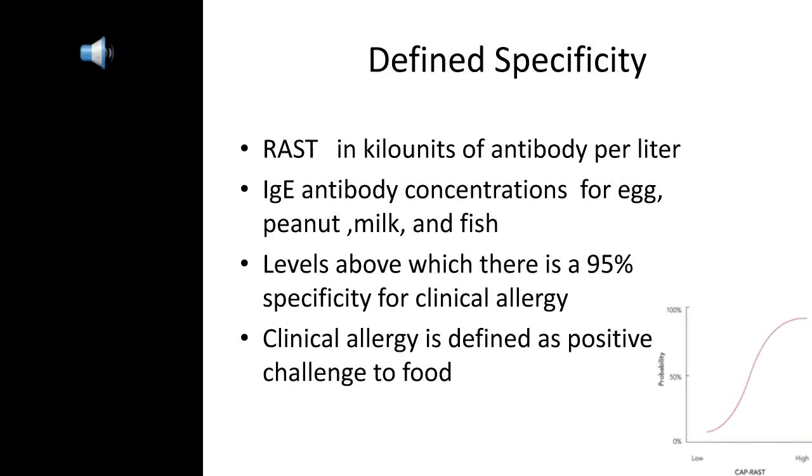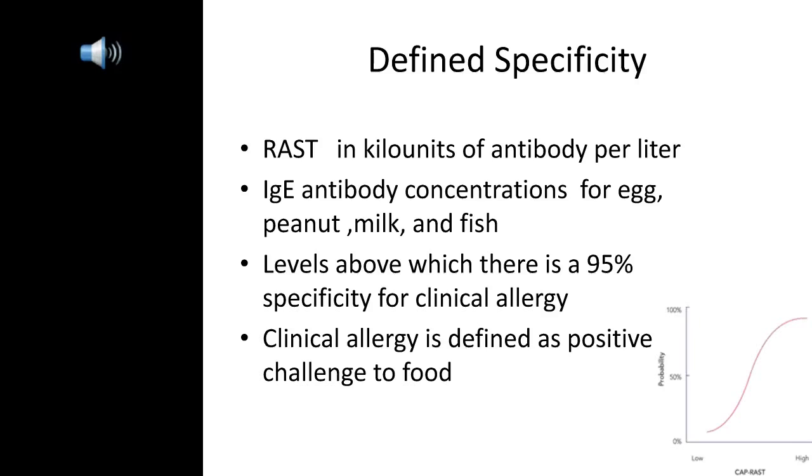And this arose from Sampson's work in the early 90s, last century. Essentially what they did is they measured RAST in kilounits of antibody per litre, and then they looked at the IgE antibody concentrations for egg, peanut, milk and fish, and as has been done on numerous occasions, they looked